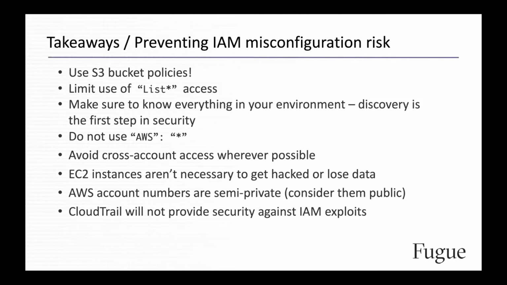But there are some other mechanisms. S3, for example, has something called bucket policies. And when Wayne was doing that attack from his laptop, he was coming in from an external IP address. So the first bullet here, use S3 bucket policies. You can set up a bucket policy on AWS that limits the IP address CIDR blocks that have access to that data, no matter what IAM permissions they have. So things like that are really worth looking at.